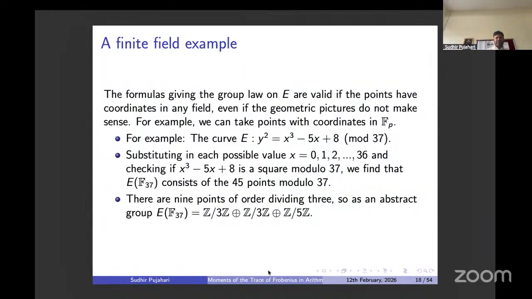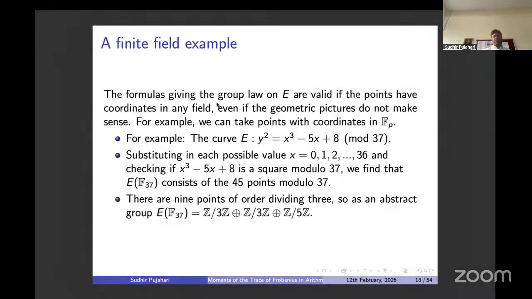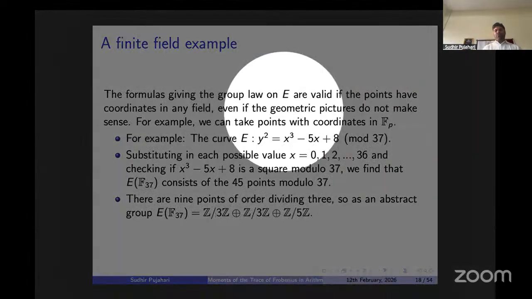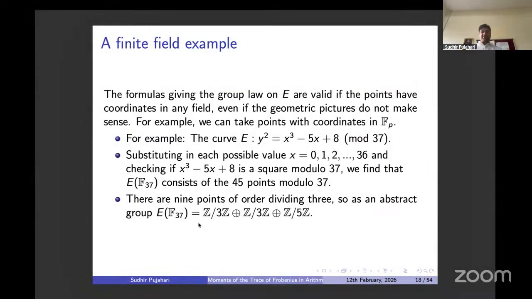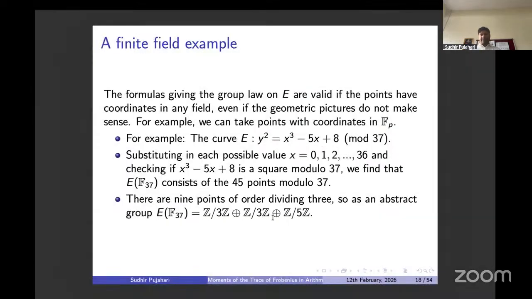In particular, for example, if you choose your field as F37, which is a finite field with 37 elements, and you look at the curve y squared equals x cubed minus 5x plus 8, and count the group whose coordinates are in F37, that is precisely Z3 direct product Z50. If you want to have fun with this, you can choose a finite field, take a cubic equation which doesn't have any repeated roots, and try to figure out the group. It's really a fun thing to do.